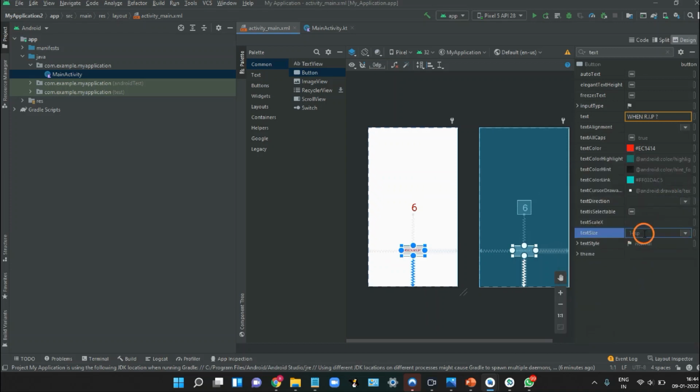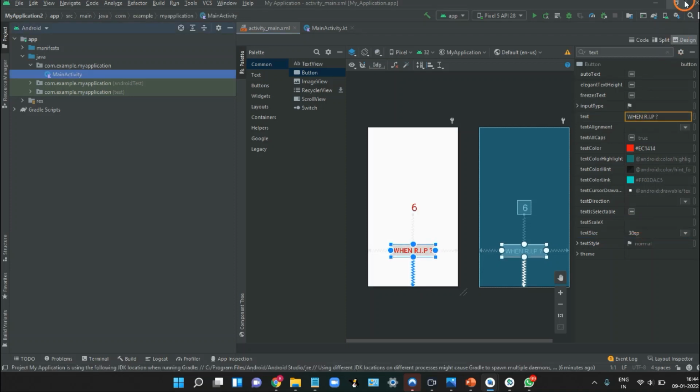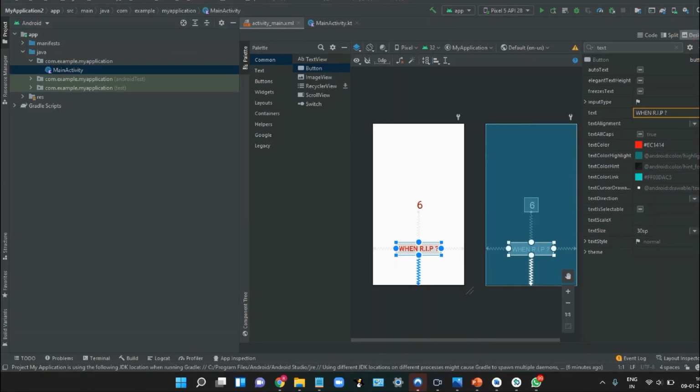And let's increase the text size. Let's make it 34 sp. It's bigger. Let's make it a little bit smaller. Okay, so it's looking good now. We have changed the text size.